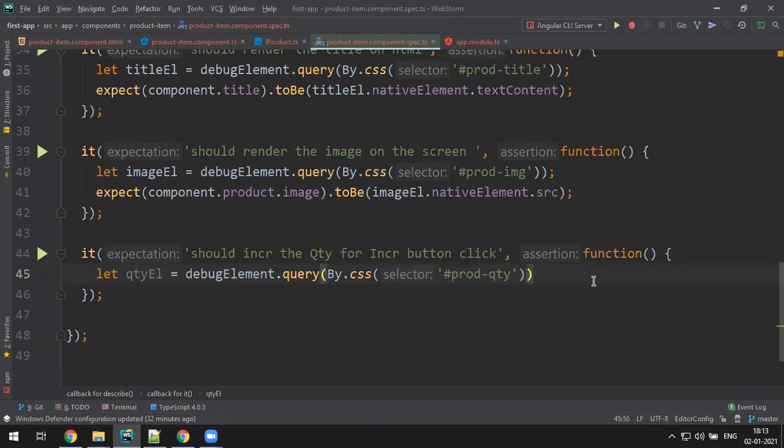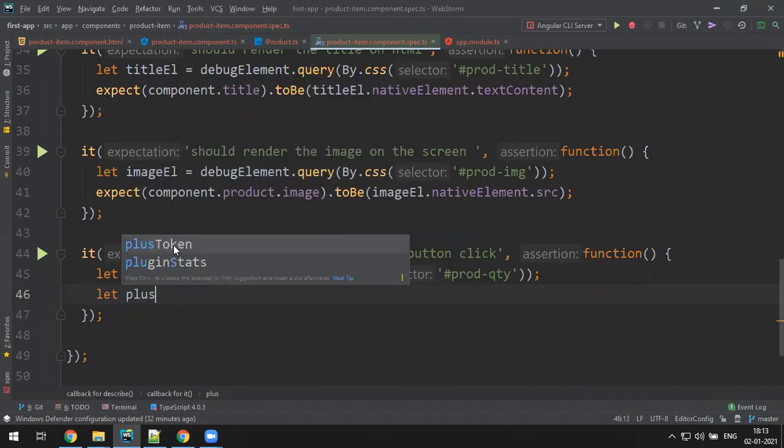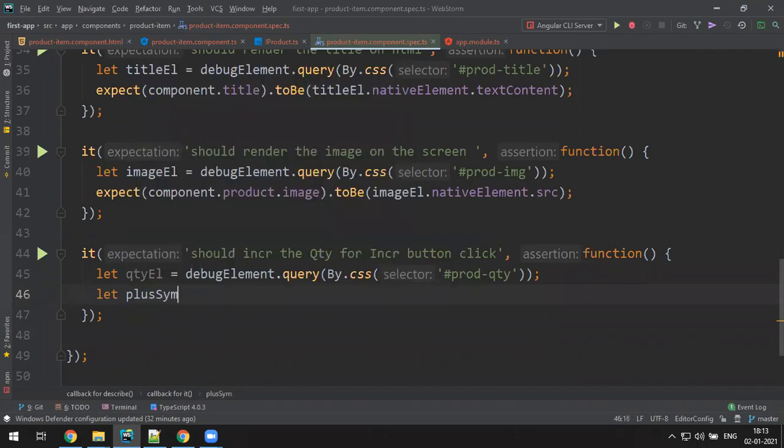You get the quantity element. Now I need the plus symbol element. So let plus symbol equal debugElement.query, same story, query by CSS.